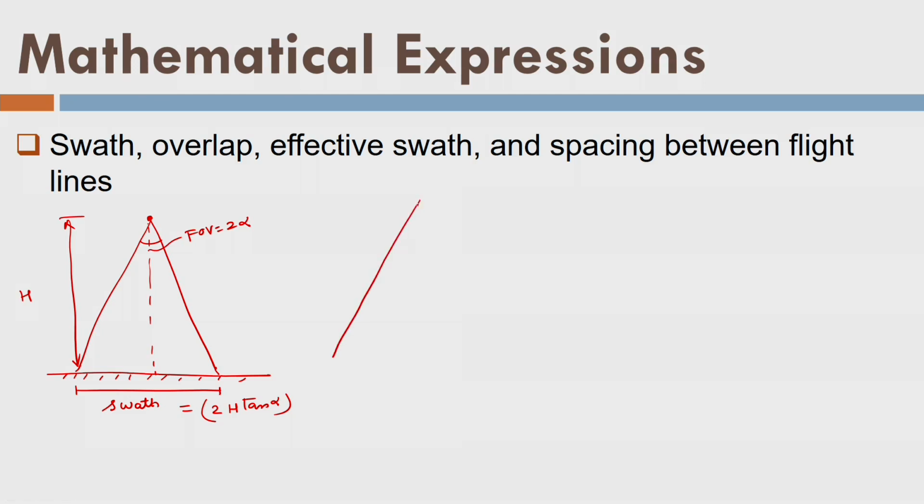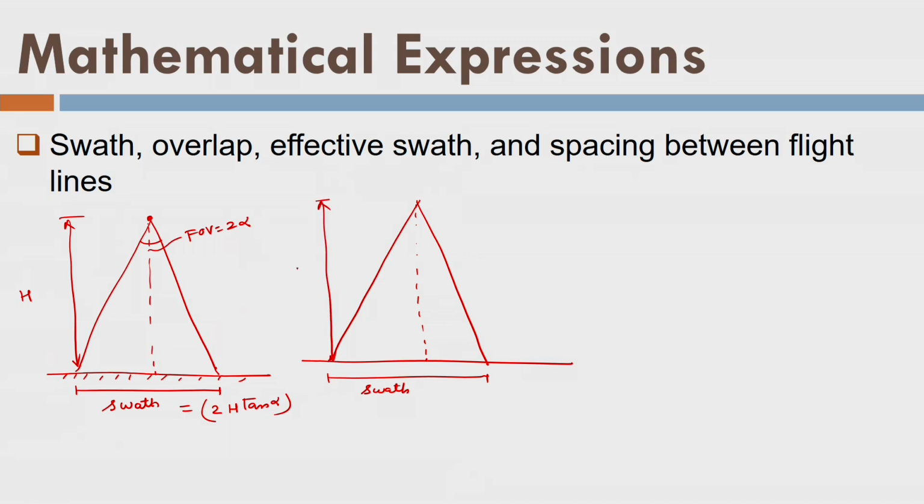Okay, what is the overlap? If I have two swaths, you can refer back to the slides again for better conceptualization. Let us say this is my one swath here. This is my flying height h again. Now let us say we have some effective swath, and again we are repeating the process. This is my flying height again, and the aircraft is moving from this point and coming back onto this point. So this is my effective swath, or the spacing between the flight lines.